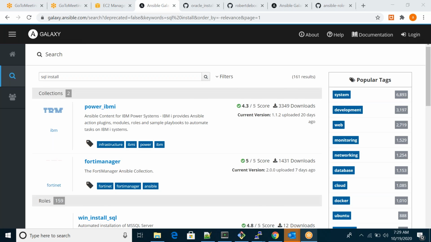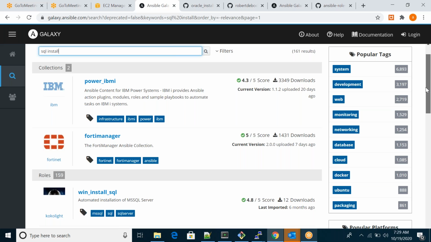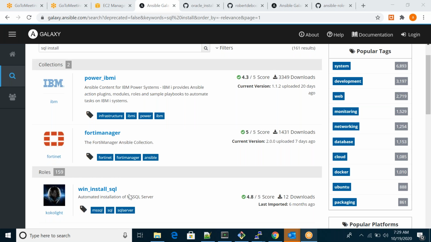So you can see here, Windows, SQL install, SQL for Windows. What are the prerequisites for the server? Some SQL prerequisites we need to install. For installing these things, do we require any prerequisites? If we install through Ansible to the respective server, what are the prerequisites required? That we don't know, right?